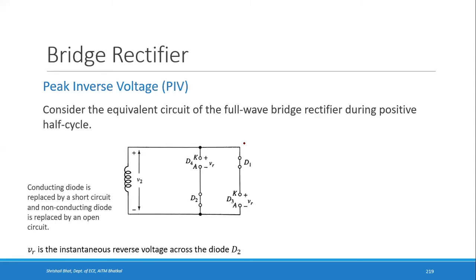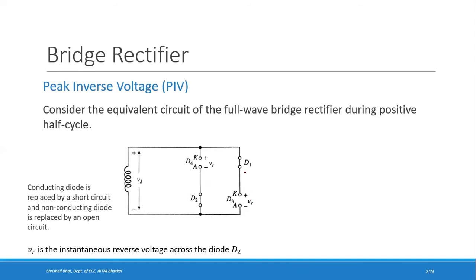The peak inverse voltage will be a little different. If you consider the equivalent circuit of a full wave bridge rectifier, this is for the positive half cycle. Here, while drawing the equivalent circuit, as I said, we remove the load. The load was connected in between these two, right? Here the load is connected. We have just removed that. And here, we had this kind of thing that I have drawn using straight lines like this.